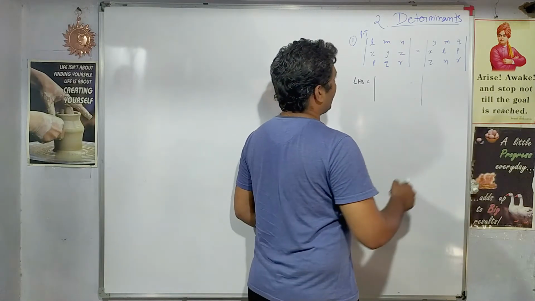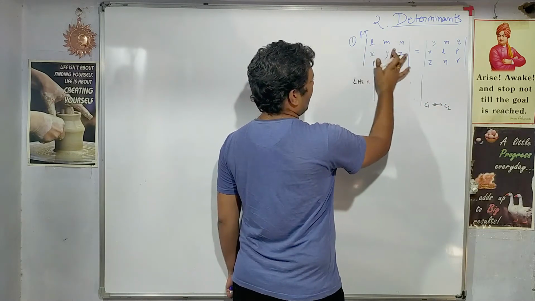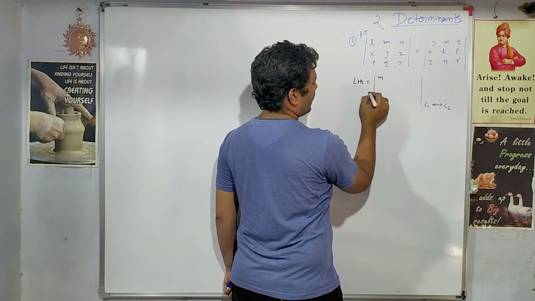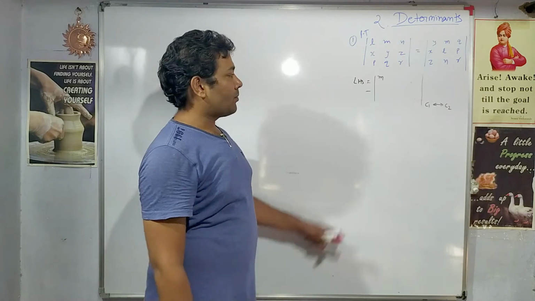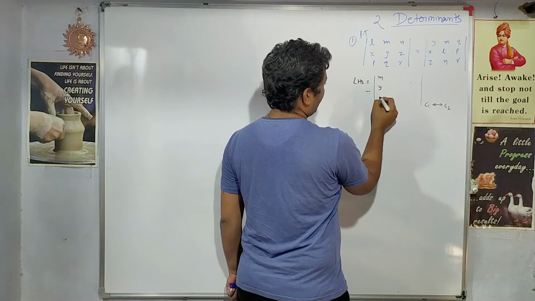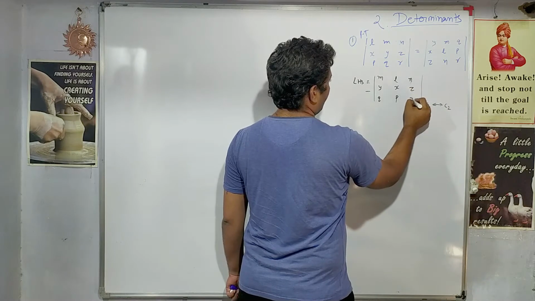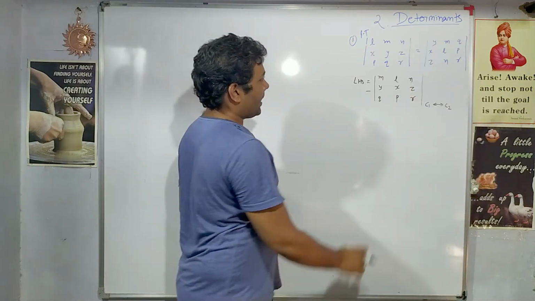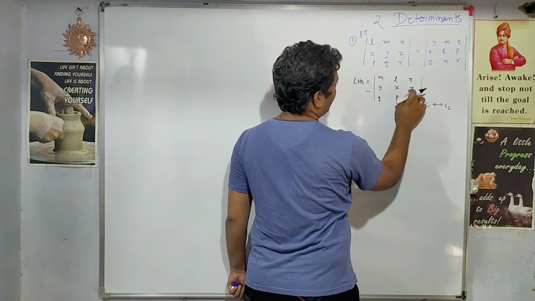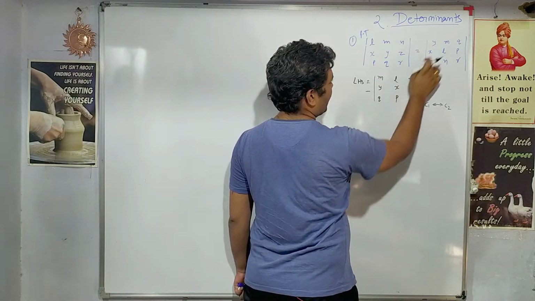So if we carry out the first operation, that is the exchange of column 1 and column 2, these two columns we interchange, right? So if I carry out the exchange of the columns, then as per the properties the determinant will become negative. So now the second column will become the first column and the first column will become the second column. Now if I inspect, I can see that the third row has become third column, second row has become the first column and the first row has become the second column.